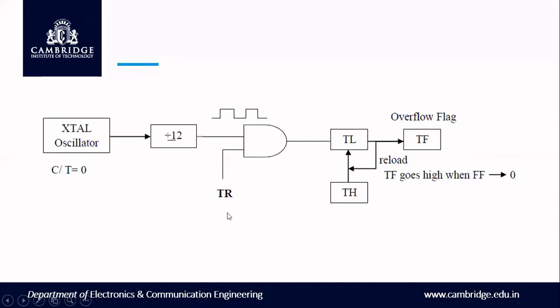In that, the TR register is important. If you set this, it is applied to the register. So the register, with this frequency, is going to count every rising edge of the clock. So it is counting up a digit. TL will be incrementing, and when TL rolls over, the TF flag will be set. At the same time, the TH value, whatever you loaded initially, is again copied into TL. So this procedure repeats. That is what we call the 8-bit auto reload mode.